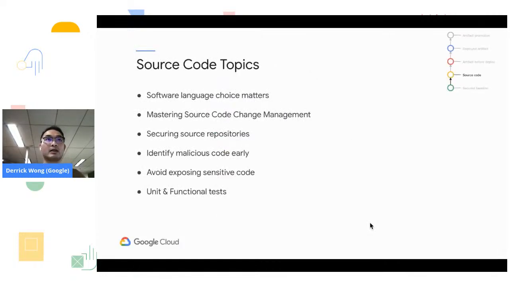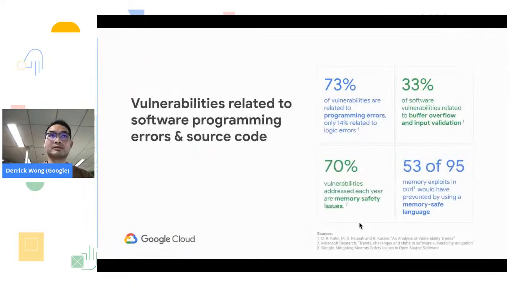All right. First one, secure the source code topic. I'll talk a bit about the software languages. It actually matters, and then a bit about source code change management, and then how to secure the source repository, how to identify the malicious code early, and avoid exposing sensitive code, and then testing. First,